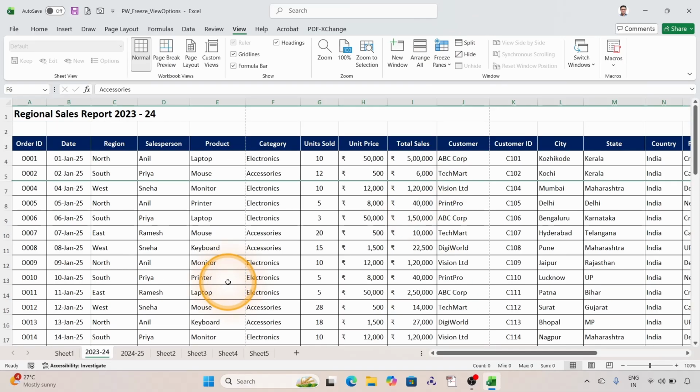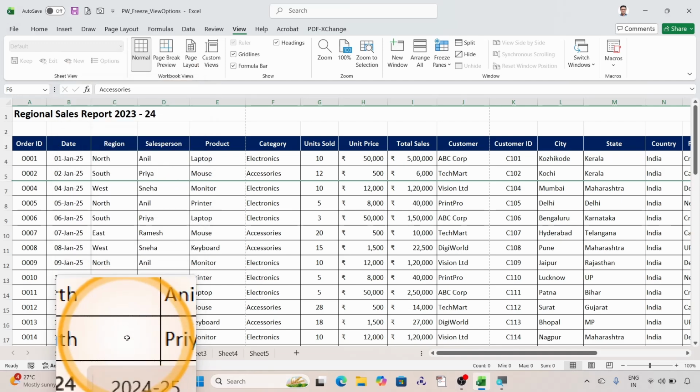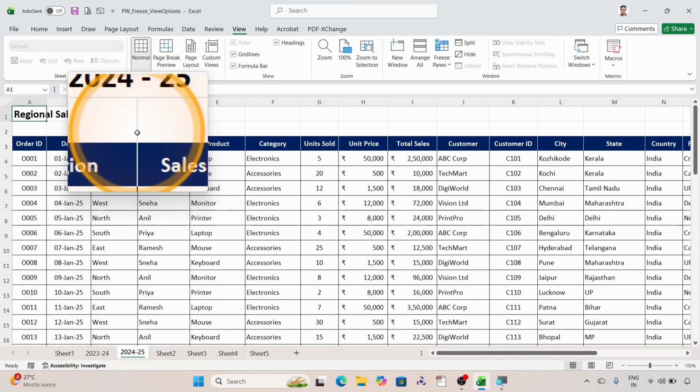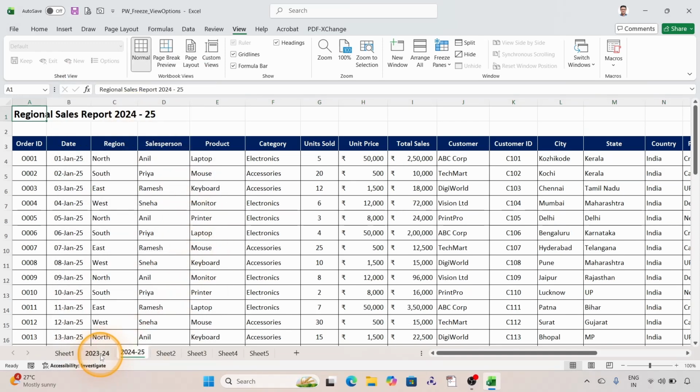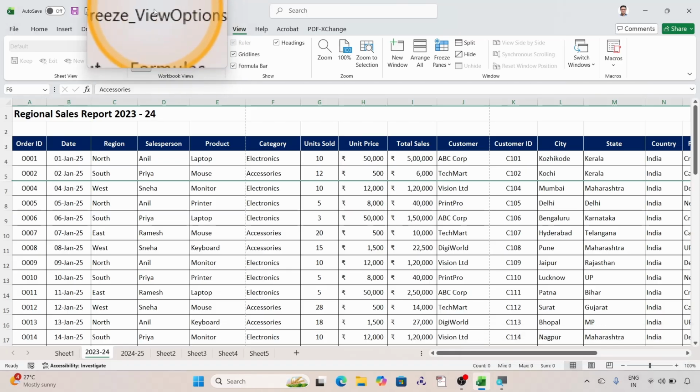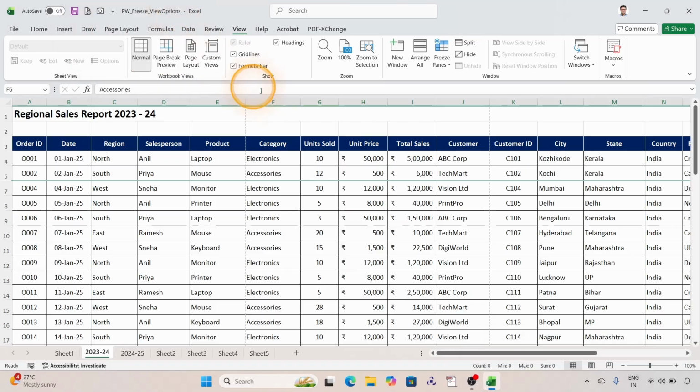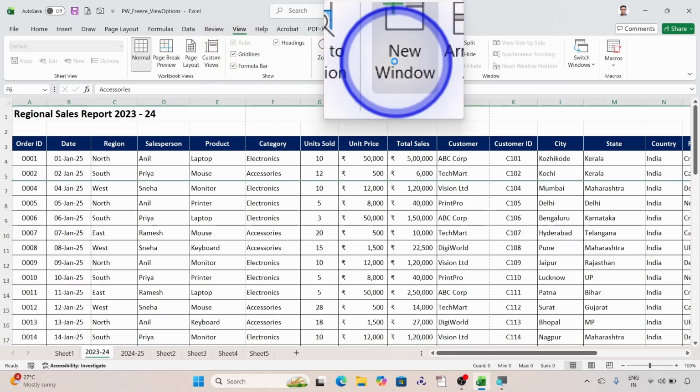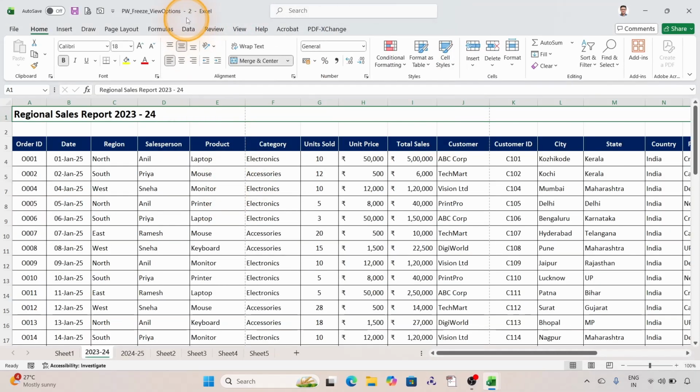Suppose we want to compare two different sheets in the same workbook. Here there are the sales of 2023 and another sheet with the 2024 sales. So we can compare the same sheet in the workbook and different sheets. Here you can see the View option, and that is the file name. Go to the View tab, then click on New Window, and you can see that here it is 2. Then press Control